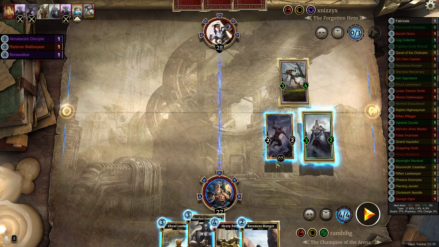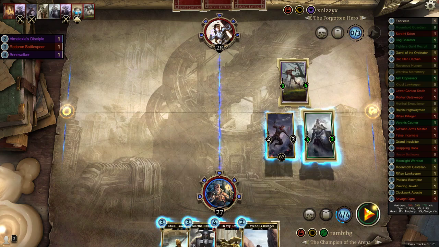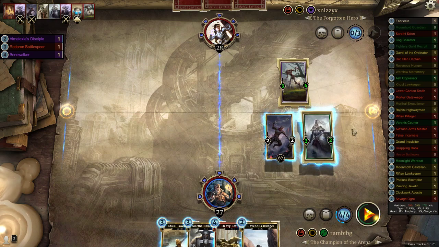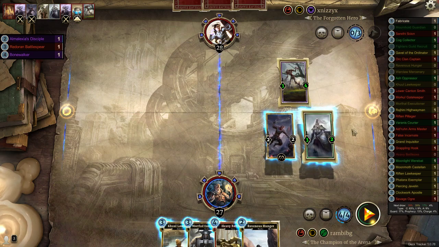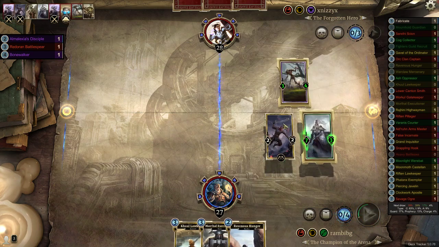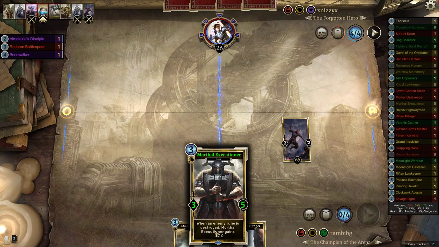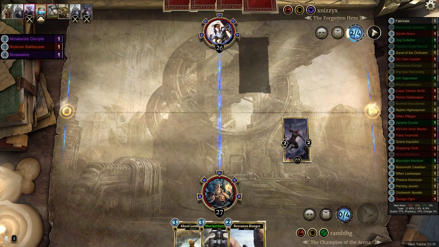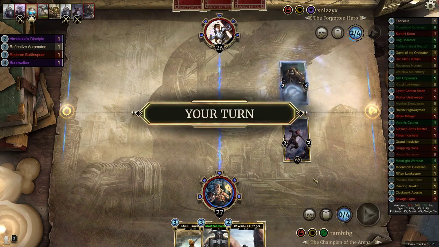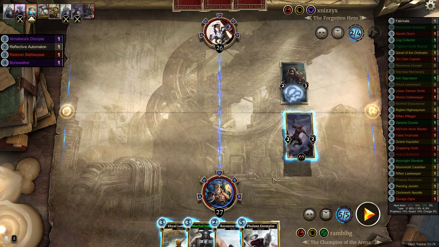What do I want to have on board? Do I want to have a 2-2 or do I want to have a 2-4 or another guard? If he has a weapon, this is gonna be so punishable if I don't kill it. Or a charge. Yeah, I am gonna do the trade. The other plays are not good enough, because this dies to a 1 damage ping. This is too slow and he can actually steal it next turn. So... okay. I don't want to give him a card, but...